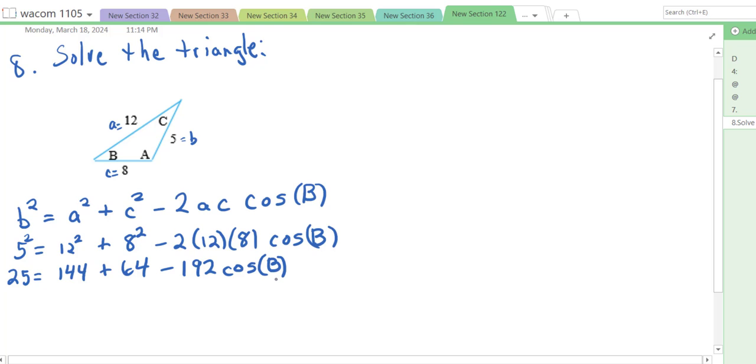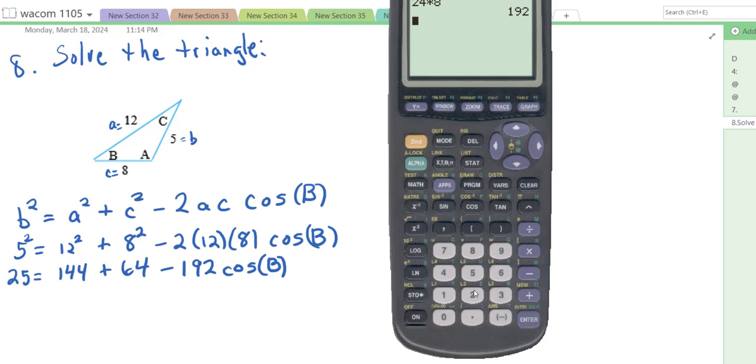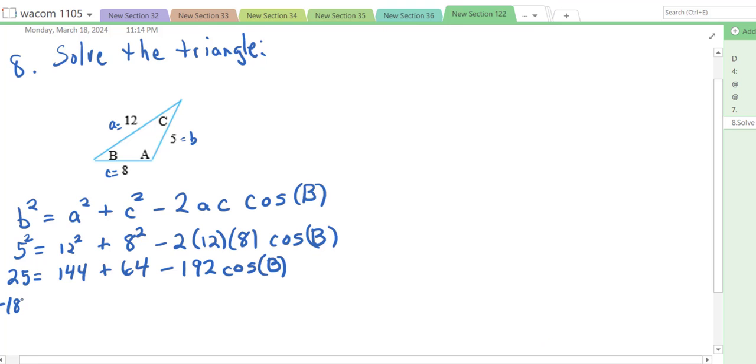All right, so we're going to need to get these two moved to the other side. This one is with your variable piece. So 25 minus 144 minus 64. That moves those two to the other side. So 25 minus 144 minus 64. Enter. Negative 183. That is moving these two to the left-hand side. So I moved that one, I moved that one. Now I have this equals to negative 192